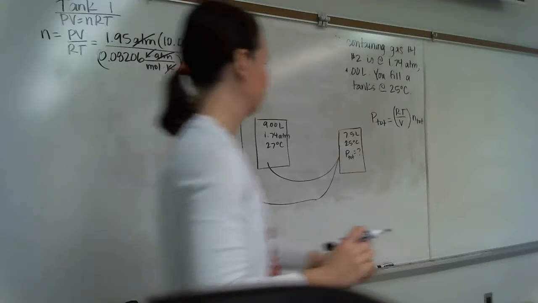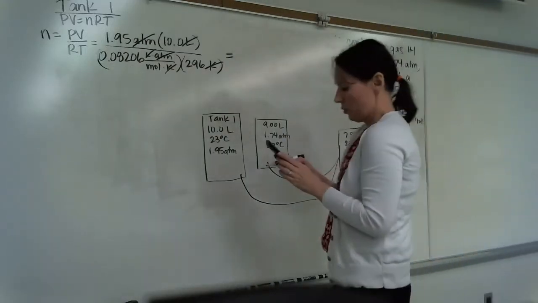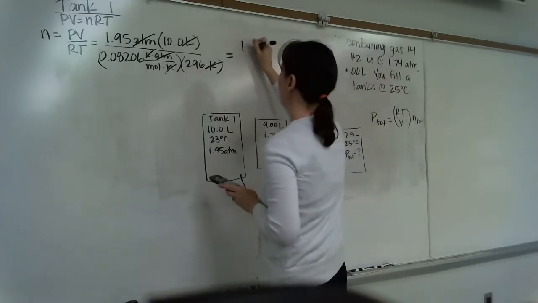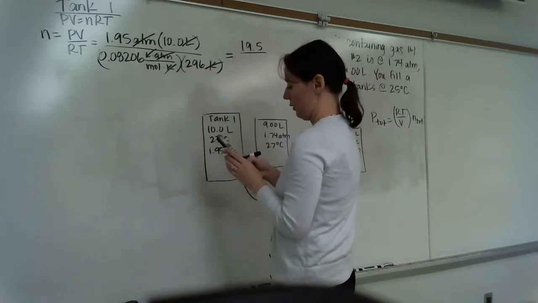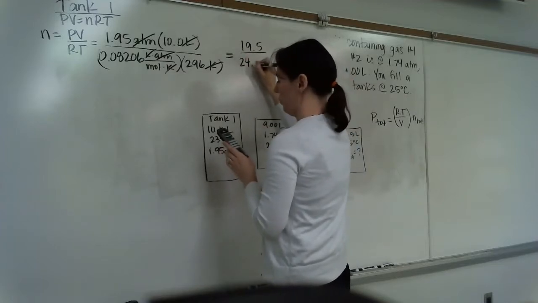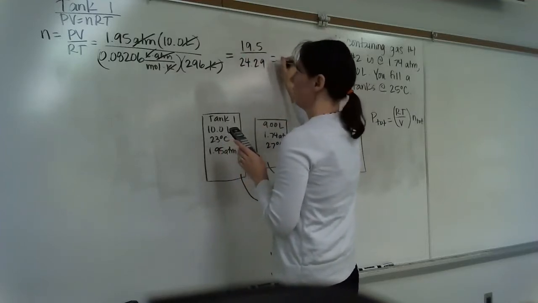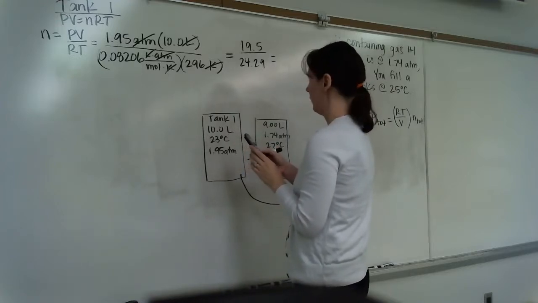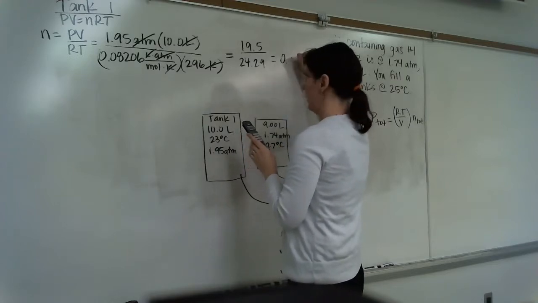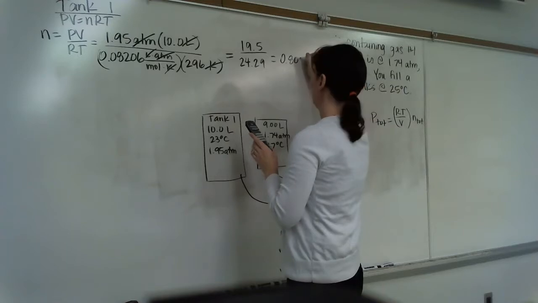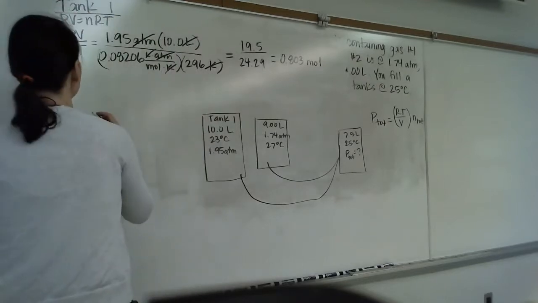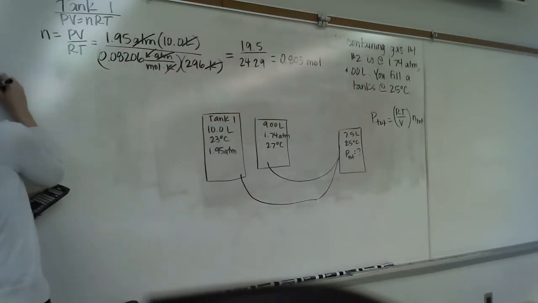So now we find our calculator. 1.95 times 10 is just 19.5. And then 0.08206 times 296, 24.29. So 19.5 divided by 24.29 gives me 0.803 moles. We'll do our rounding at the end. So that was for tank number 1. And then for tank number 2,